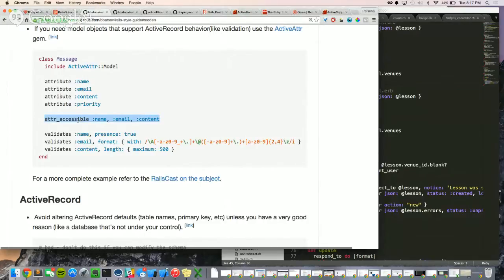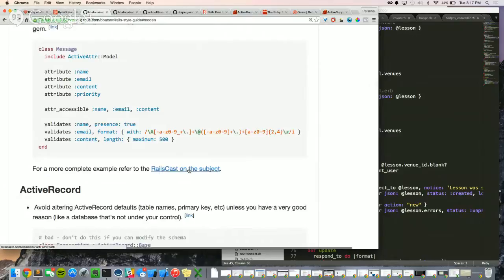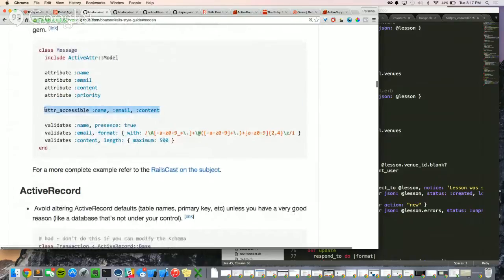No hacker can come into your app and, from afar, set names, emails, and contents of people or get those. So we specify, hey, we want this to be accessible and the rest to be not. Does that make sense? There's a Rails cast on this subject, but generally just know that this is for protection and you want to make accessible the things that you want to be able to save